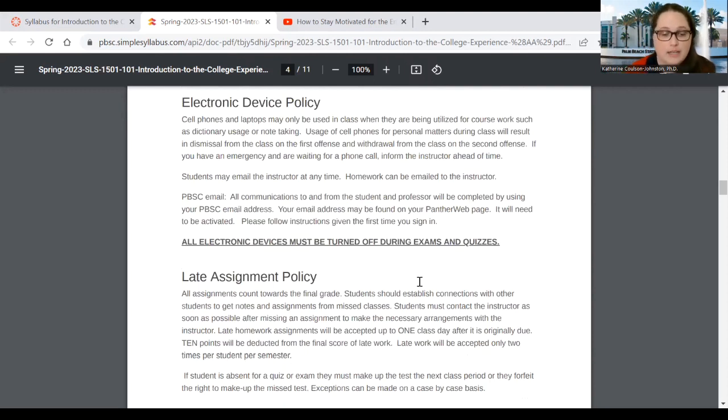Especially right now, because we have to do a report of students that attended, and your student introduction counts as that when I submit the report to Palm Beach State College. And if you don't, then I have to submit non-attendance, and then the college will do some sort of withdrawal on their end. So please make sure that you do that.